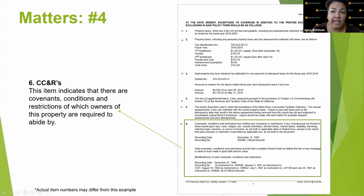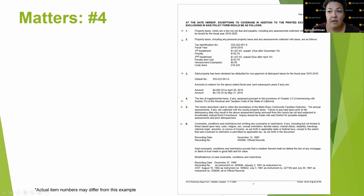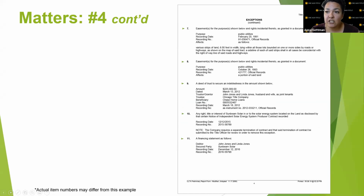We cannot change anything that's of record. Once something records, it's recorded. And so unfortunately some CC&Rs do have that, but we will give a little bit of disclaimer saying that these CC&Rs may have some unpleasant language, and by no means is it anything that is enforced, because times have changed. So in HOA situations,